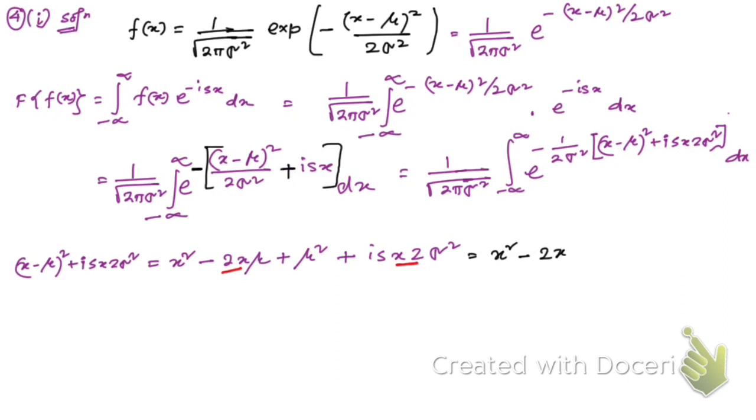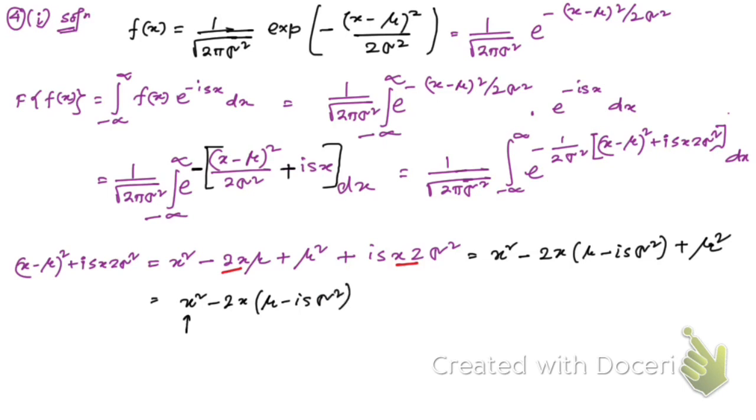and if you take that common, then what you're going to have is mu, then minus iσ², that's what you're going to have, plus we have mu square. Now here you see x square minus 2x, mu minus iσ²,